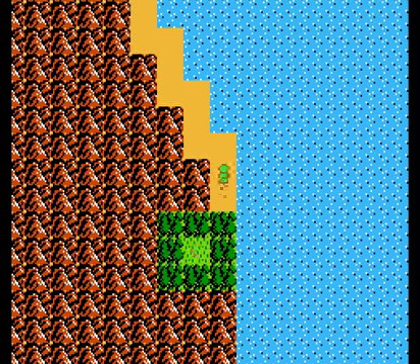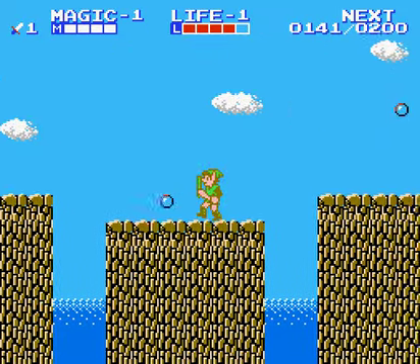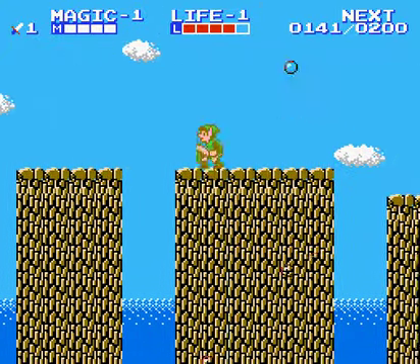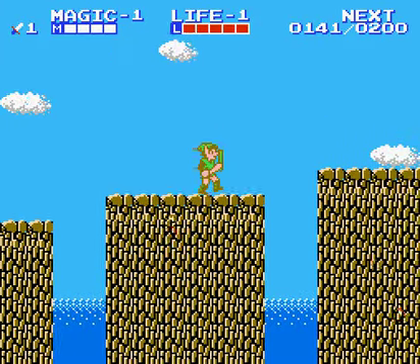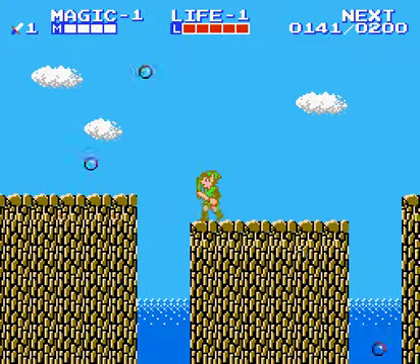Alright, now that we got that, let's head back the way we came. You're going to have to deal with this again, I'm afraid. There's really no way around that. Nice jump. Oh, I'm going to make... Oh, crap. I hate when that happens. Alright. But you got to get through this. There's really no way around it. And once I do get through this...